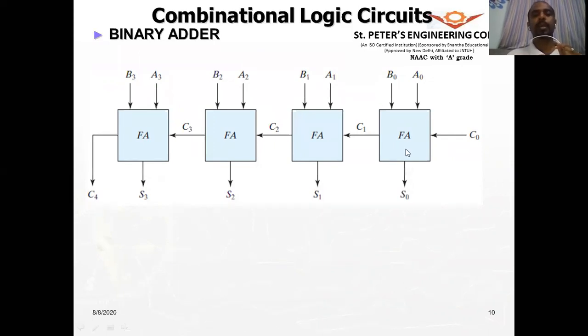So I have this FA, which is nothing but a full adder. I'm going to add 2 bits, A naught and B naught. So this is the 0th position. This is in the position number 1. This is now in the position number 2, and these 2 bits are in the position number 3. So if you consider a 4-bit number, A3, A2, A1, A0 will be the different bits in that. So we are going to add bit by bit. And as I said, the full adder will take the carry from the previous addition.